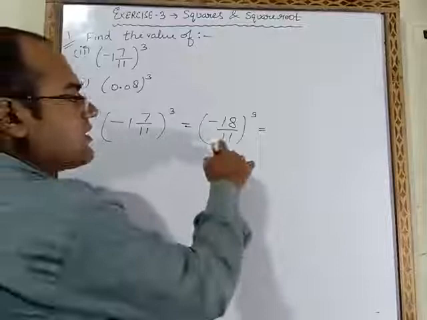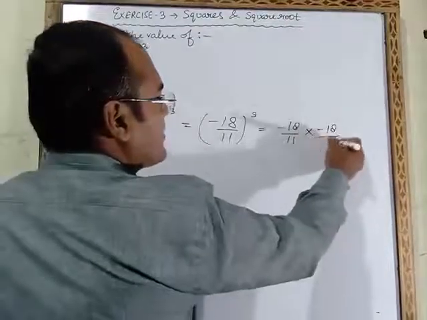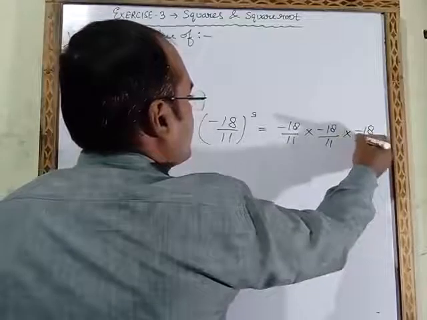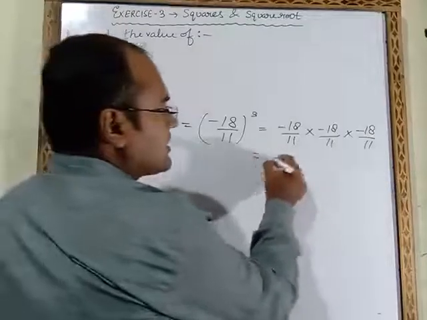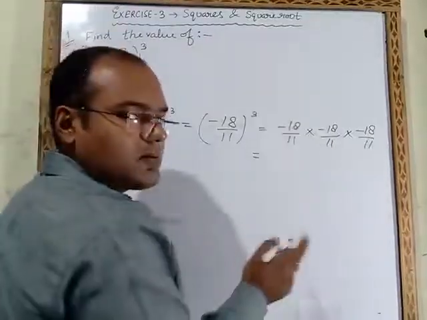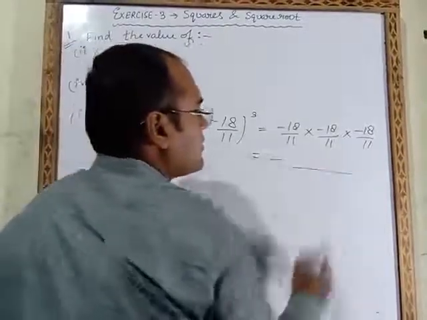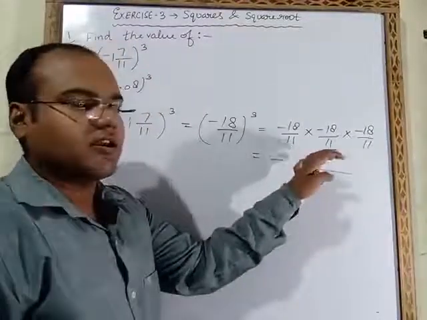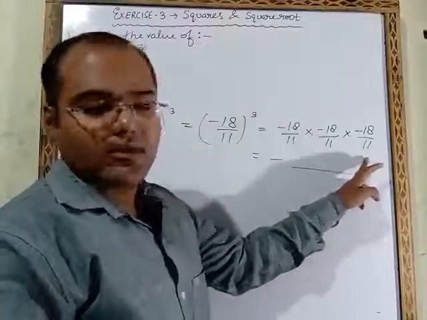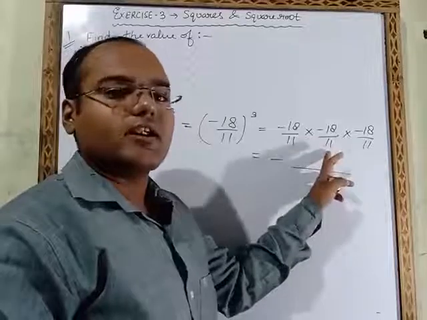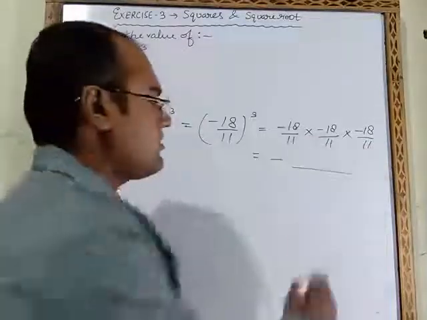You have to write it 3 times. Minus 18 upon 11 into minus 18 upon 11 into minus 18 upon 11. 3 times we have to write. Now you have to check the sign. Minus multiply minus will be plus. Plus into minus will be minus. Upon, under this in the denominator 11 into 11 into 11 is coming. So 11 into 11 is 121. When we do 121 into 11, the answer will be